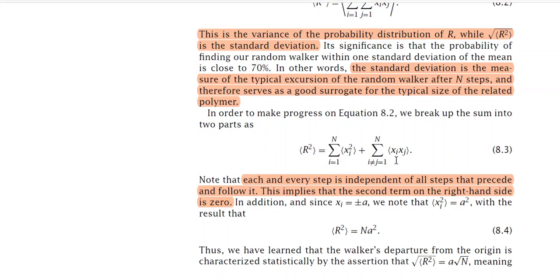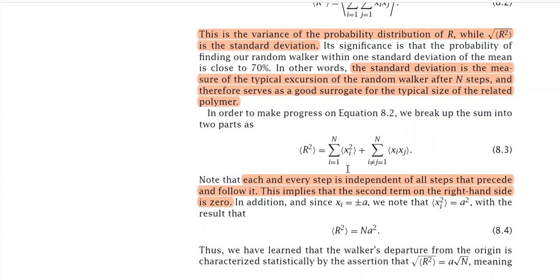So, if we estimate the average of the multiplication of xi and xj, what will you obtain? For two cases, both xi and xj may be either positive or negative, and in that case the value of xi xj will be a square, and in another two cases either xi or xj will be negative. So, in that case the multiplication of xi xj will be minus a square. So, ultimately if you compute the average, then it will be 0, and this is also true for any value of capital N. So, the point is that the second term is 0. In this way you can show it.